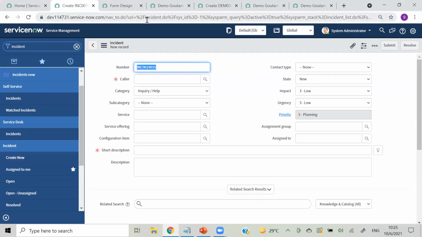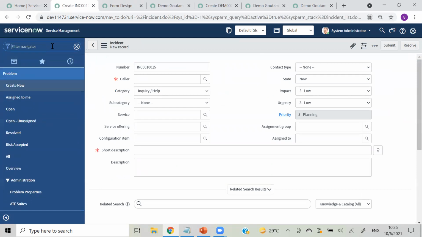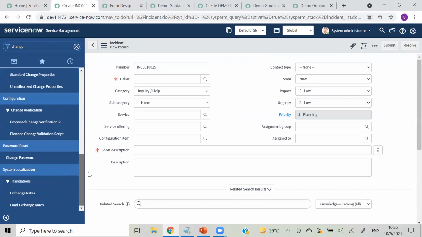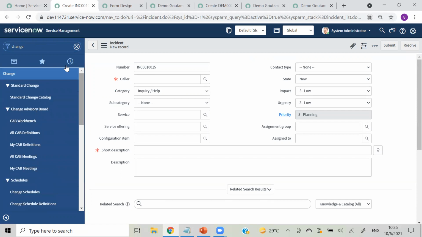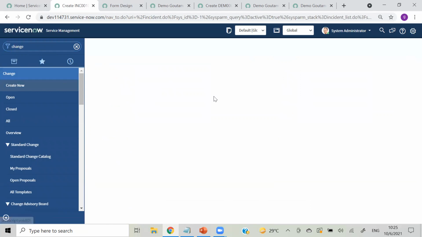So here you can see the table's name in the URL, that is incident. Same for problem. Let's take a change ticket.